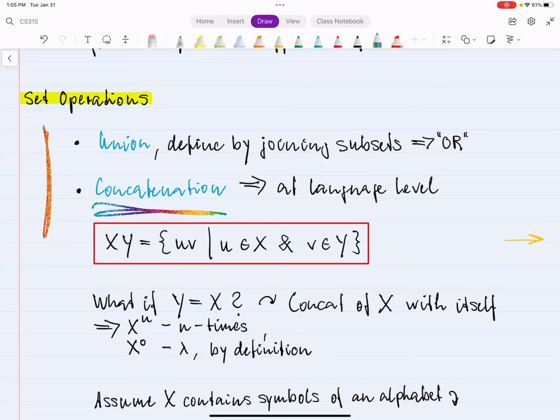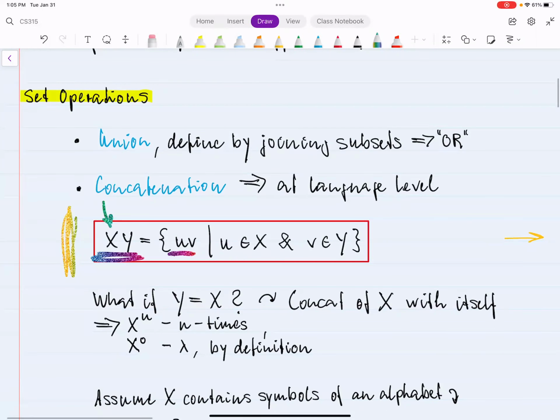At the language level, well, here's a precise formulation of that. The concatenation of two languages is all the strings UV,